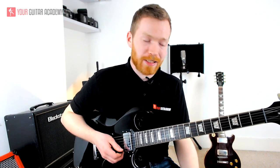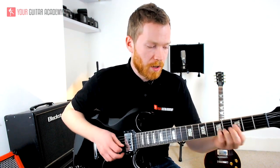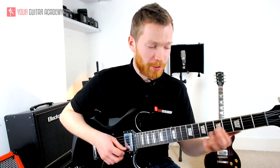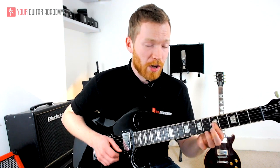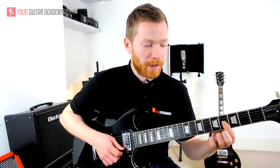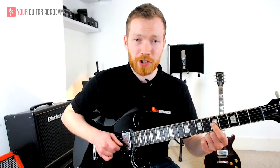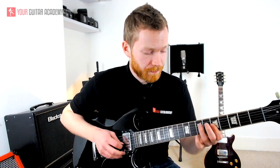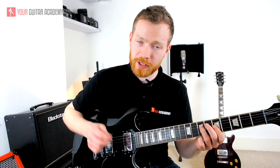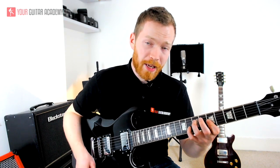Okay, so the last little bit is this. That is actually an A minor arpeggio, and I'm doing this by sliding from the 4th fret into the 5th fret on the high E string, and then with my first finger barring the high E, the B, and the G string, and then my 3rd finger playing the 7 of the D. And you just go down the strings like that: E, B, G, D, and then pinky on the 8th fret